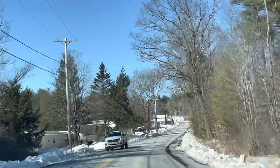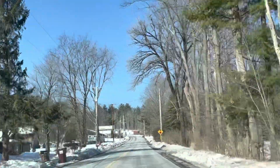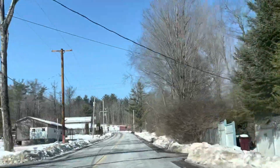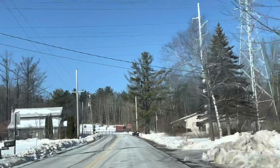This is true country living, in my opinion. I guess there is more country where you have houses so far apart you don't see your neighbor. Those are pretty nice too. Okay, this is going to be our last little hill here because I want to show you this big, beautiful